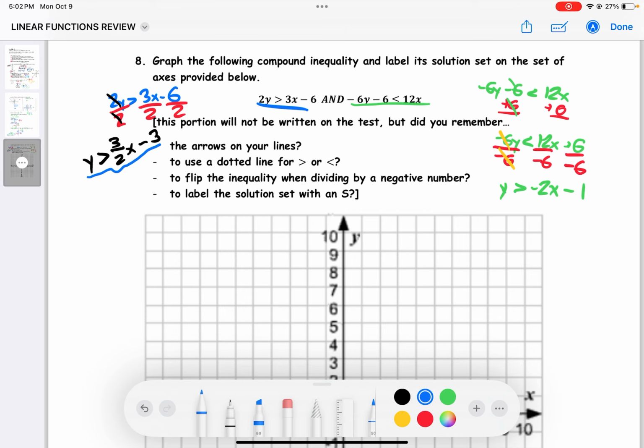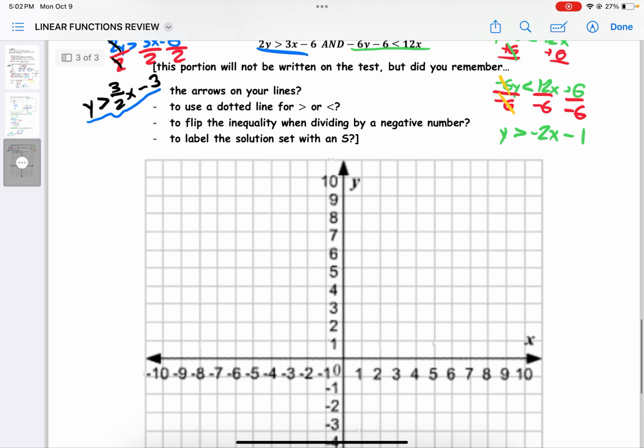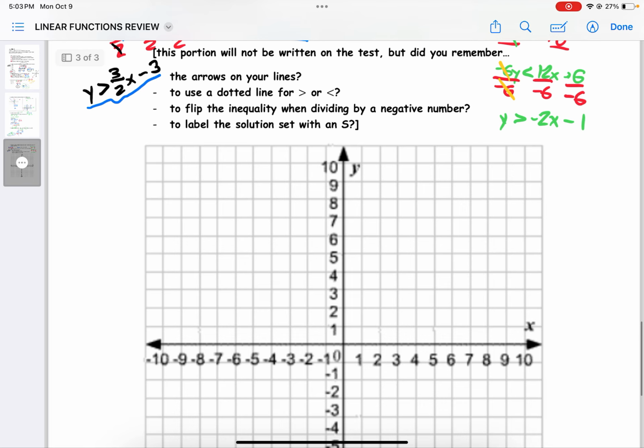I'll start with the blue one. So, y is greater than 3 over 2x minus 3. Let's just take a second and pretend that it was an equal sign and get the line, and then we'll figure out the rest, right? If you're comfortable putting both of these into your calculator and finding your 2 points that lie in the crosshairs, plotting them, and then drawing your ruler through, then at this point you would be good to do that. I don't have my graphing calculator able to show you, so I'm just going to do it